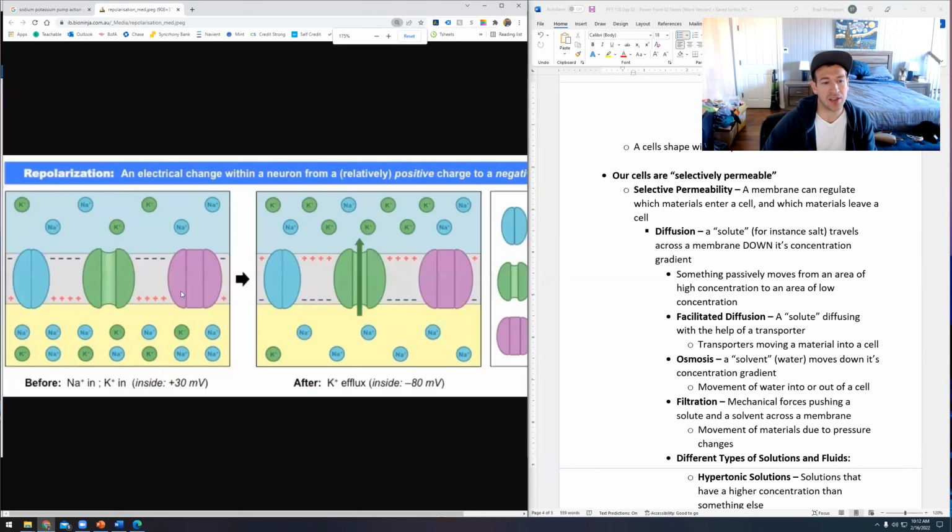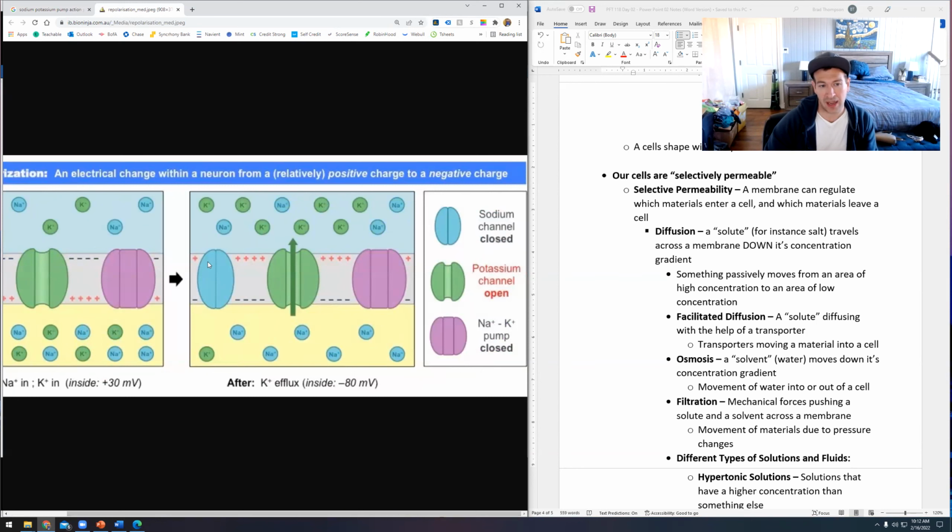So you'll notice that we've got all the positive stuff over here. These are all the plus signs over here, all the negative stuff over here. So what happens is channels open up and your body will push certain materials from one place to another. And so when that happens, now the charge is backwards, right? So now we've got positive over here and negative over here.